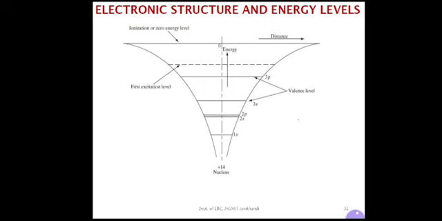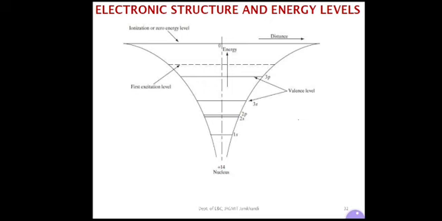The figure shows energy levels in the Coulombic potential of the nucleus that are shown schematically here. This figure shows the energy level of the various electrons in the Coulombic potential well